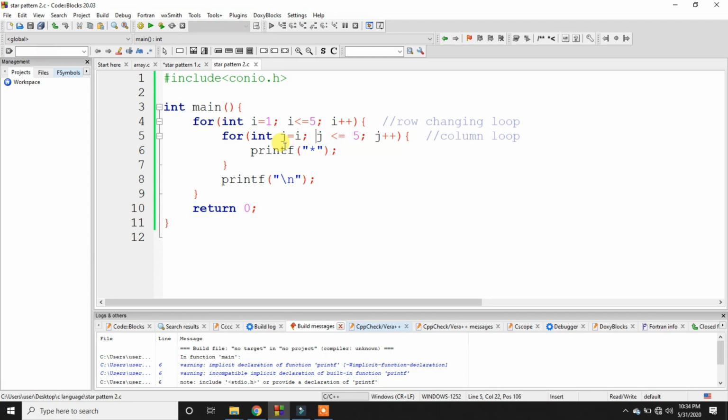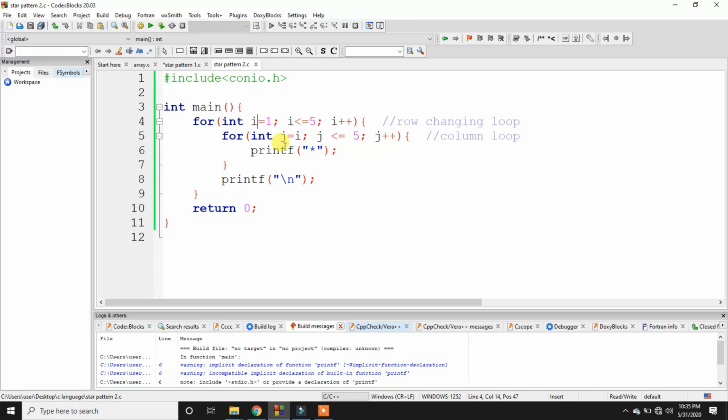Then j is equal to 3, the condition will also be satisfied, it will print the third star. So till 5 it will print the star, and when j is equal to 6, then this condition is not satisfied, it will come out from the loop and it will change the line.